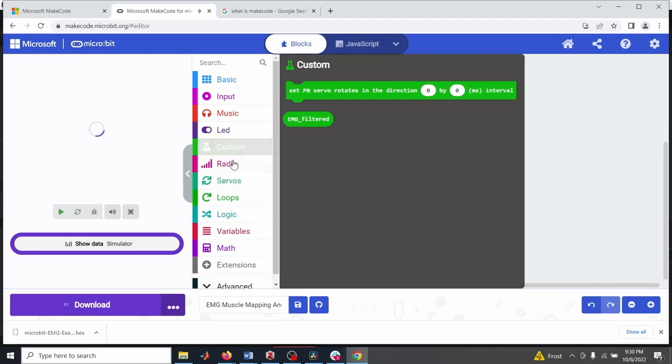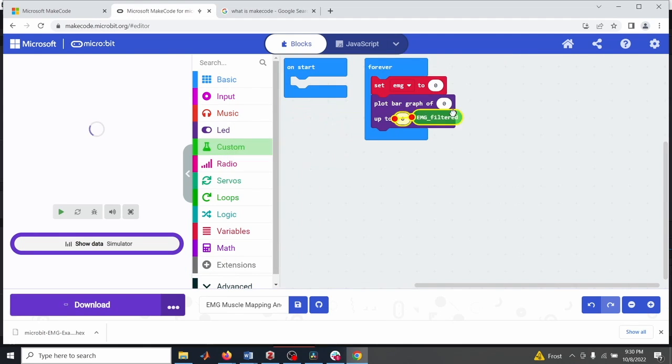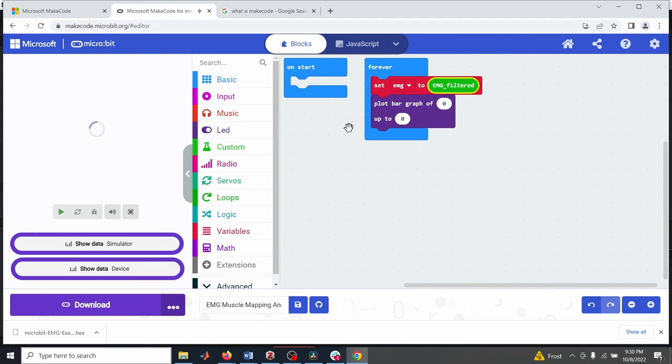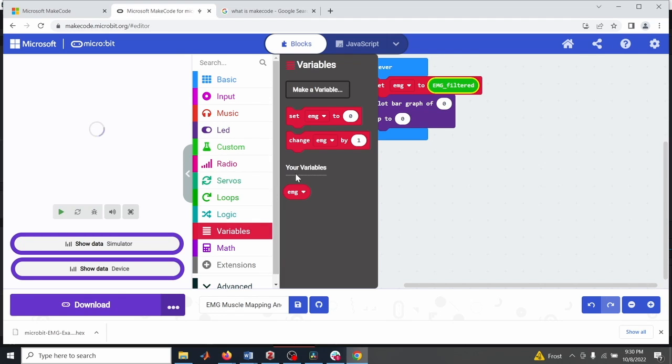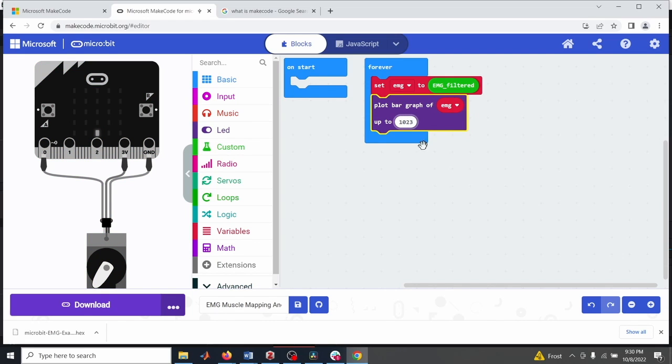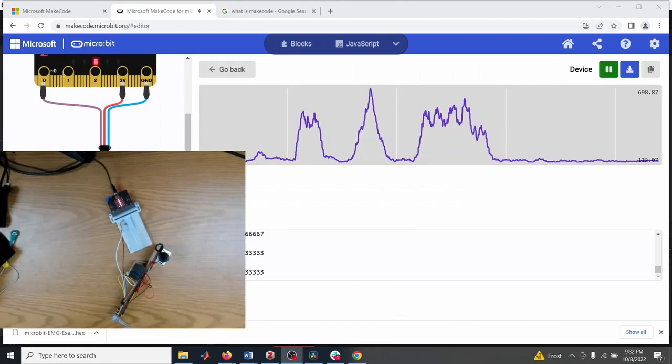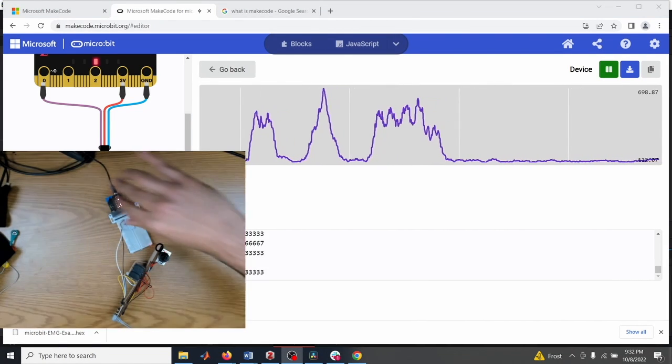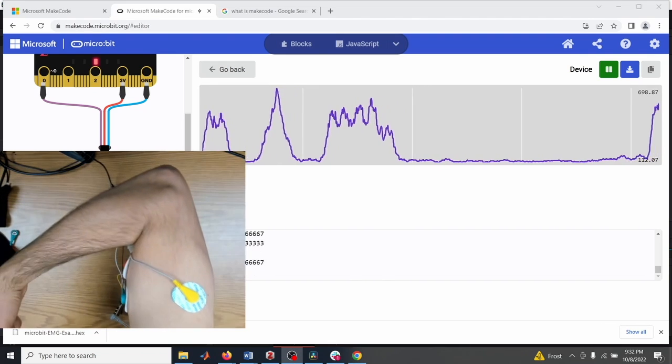Now that we included the extension, let's go to Custom, pick EMG Filtered, and drag that to Set EMG to. Then also drag the variable EMG into Plot Bar Graph Of and change the up to value to 1023. So now let's download the code,